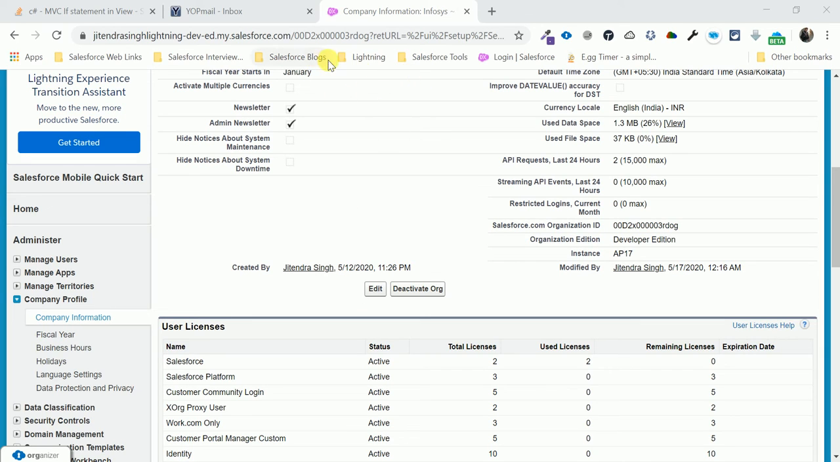browser window, this, and just move your mouse over this browser tab. You can see this tab: company information, Infosys, Salesforce developer edition. You can see it easily here. When you move your mouse over this tab, you can easily find the developer edition. There are two ways to find the developer edition, and there is another way to find this developer edition with the